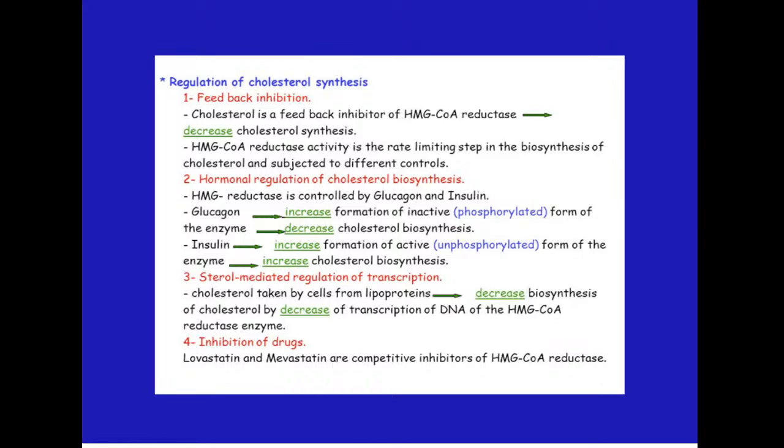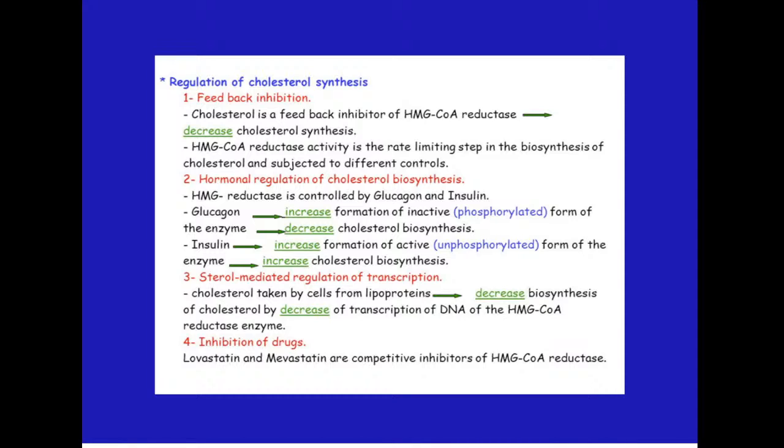The active form of the enzyme is formed under the action of insulin, because, like acetyl-CoA carboxylase, anabolic enzymes are under the action of insulin, because for their functioning phosphates must be absent. They are active in the unphosphorylated state, like glycogen synthase, also an insulin-group enzyme, which must be dephosphorylated for its activity. Insulin stimulates the activity of protein phosphatases, and due to this insulin is a stimulator of cholesterol biosynthesis.